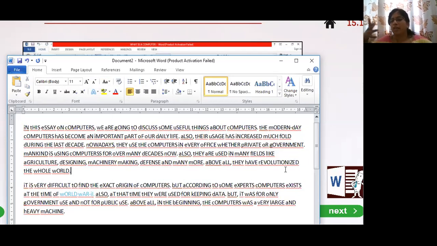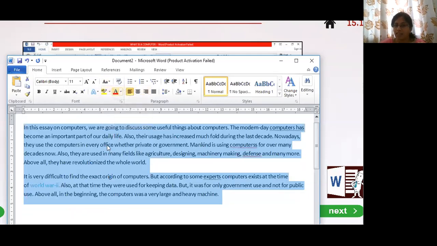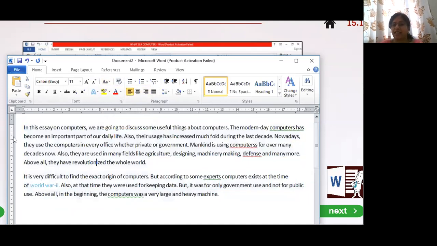But children, this is just to make your computer document a little more attractive, to give a twist to it, correct? But the best way to write is sentence case. Go to here and do sentence case. Now see, this looks more elegant, right? So whenever you're writing something for school or professional or a proper essay, children, make sure you're writing it in a sentence case. In the sentence case, the first letter of your line will be in capital. Any names and nouns will be in capital letters.